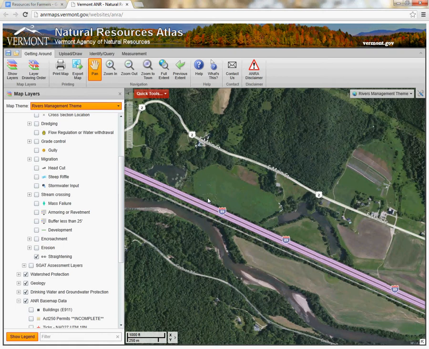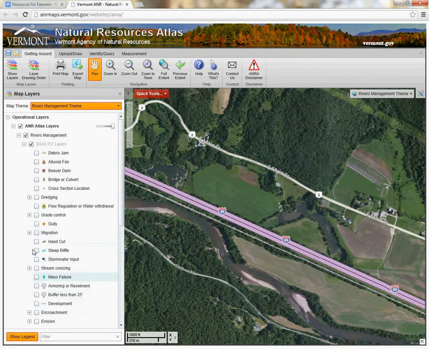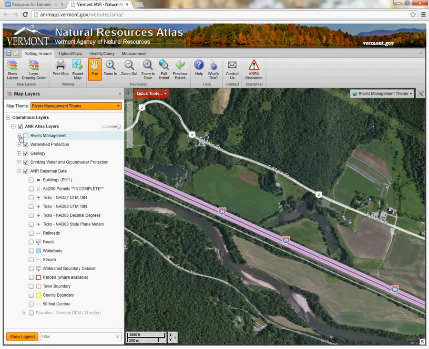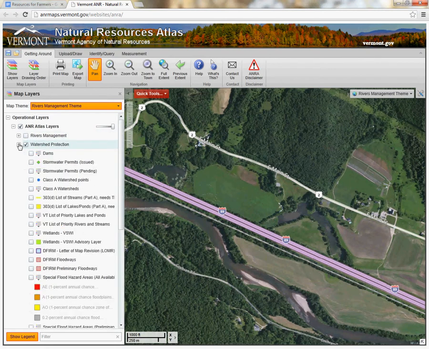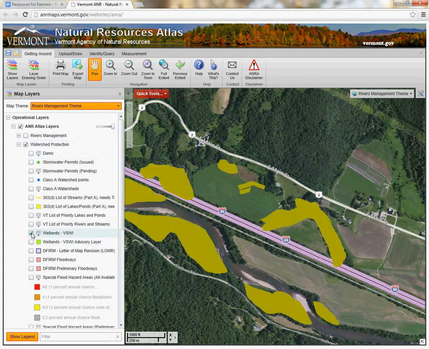The final layers I wanted to show you are the wetlands layer and the geologic folder of layers. So to find these, we can turn off the river management and go into watershed protection. And under watershed protection, we can find this wetlands BSWI. And these are rough boundaries of the wetlands, so they're not very exact, but they are important to look at